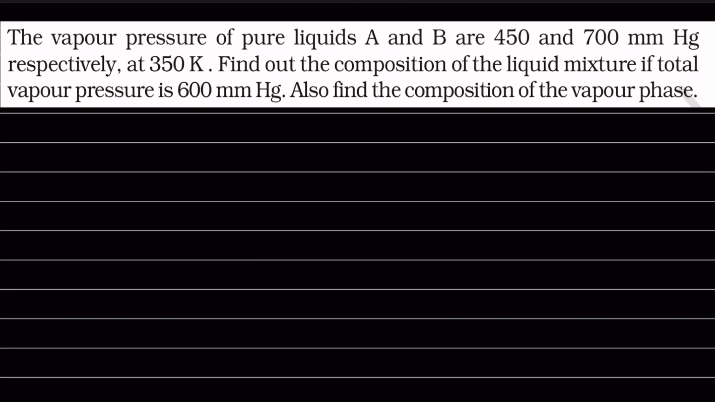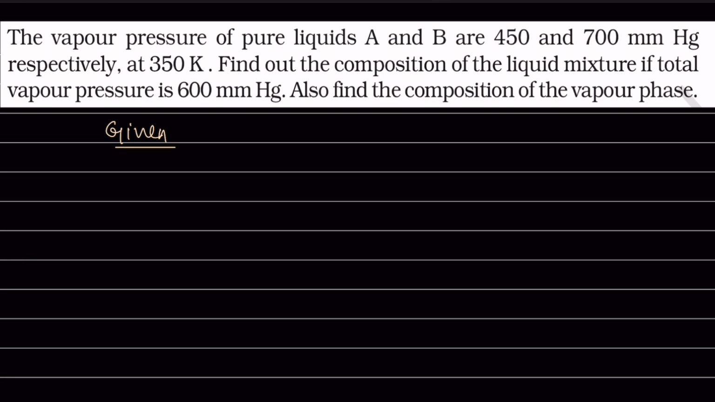In this question, the vapor pressure of pure liquid A and B is given as 450 and 700 mm of Hg, respectively. Find out the composition of the liquid mixture if total vapor pressure is 600 mm of Hg. Also find the composition of the vapor phase. So according to the question, it is given that